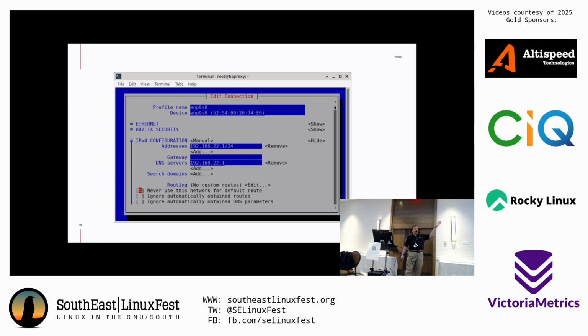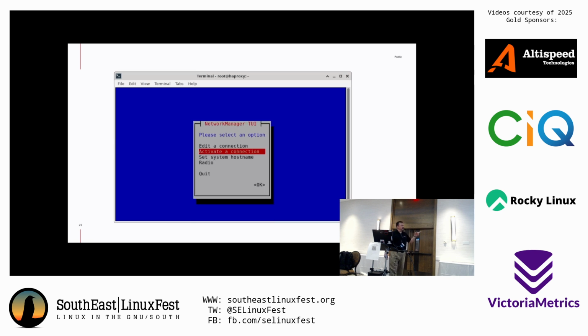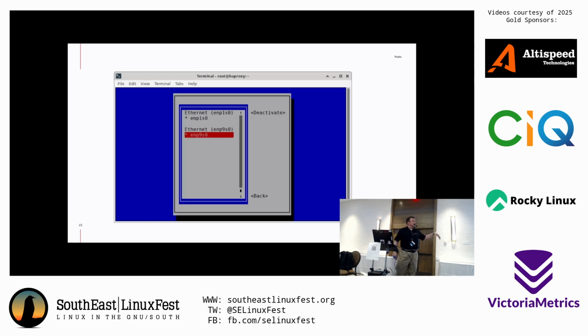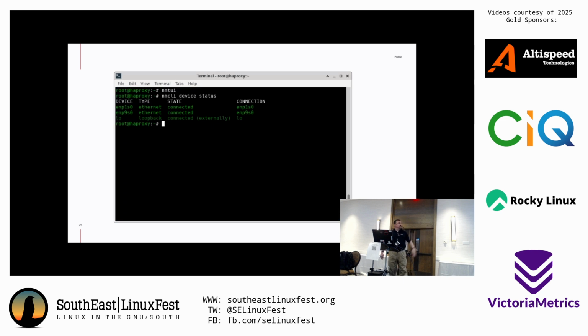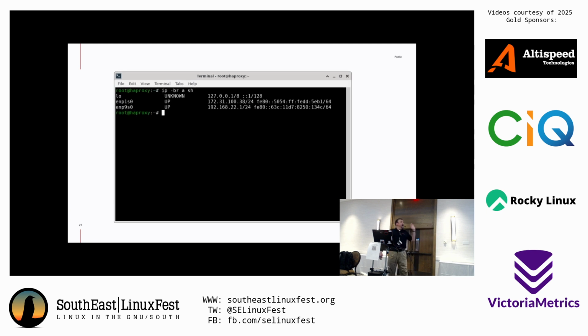192.168.1, and I set the DNS server for that subnet to be the HAProxy machine, because it's available to all of the machines on that private network. I'm like, let's just do DNS and DHCP and everything there. So I made sure I set up the DNS servers, activated the interface. It came up and it was fine. And then I just checked by doing nmcli device status, and it was up and running, made sure that I could ping that private network,